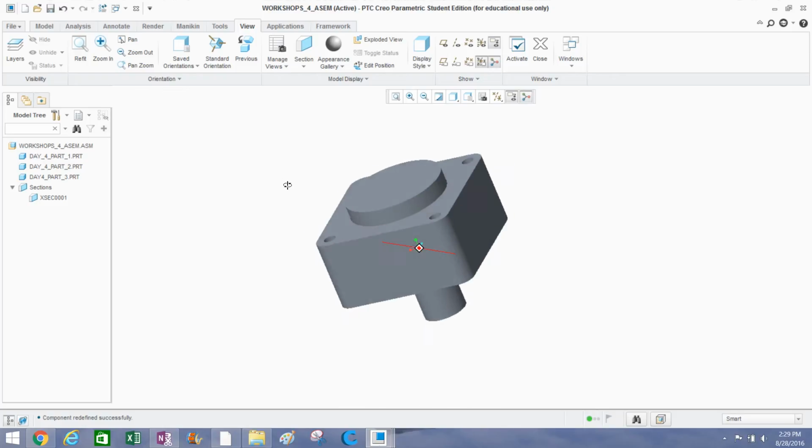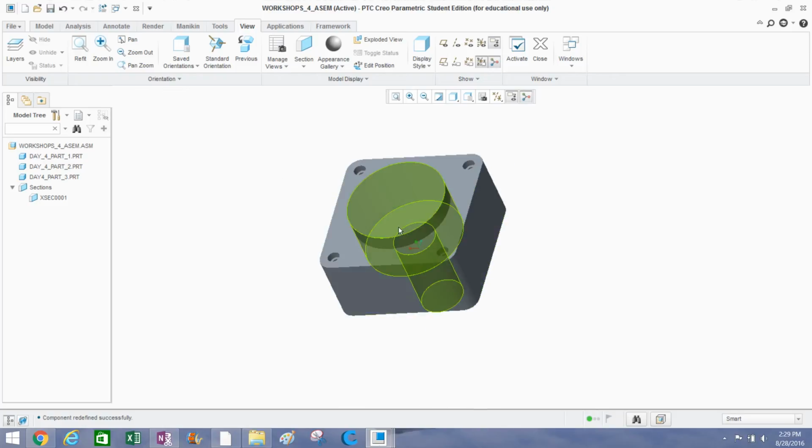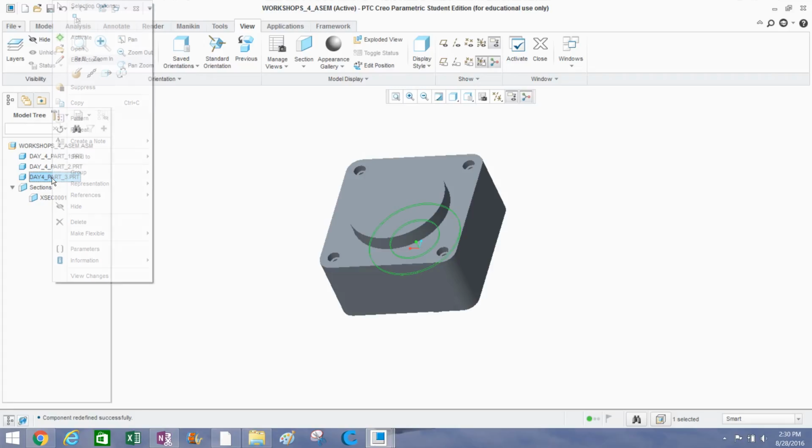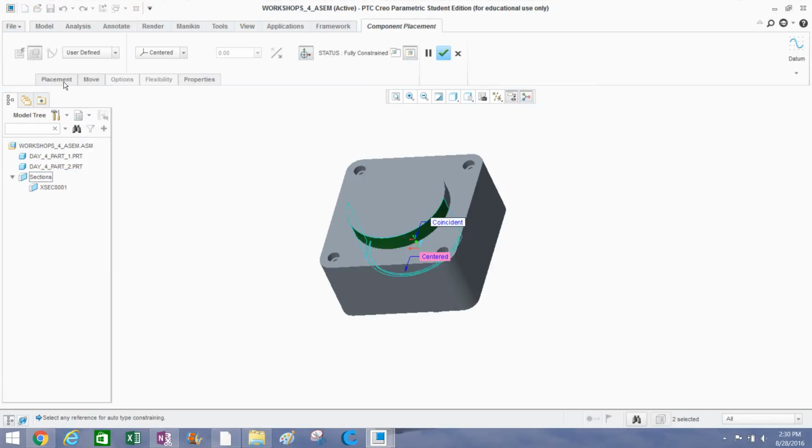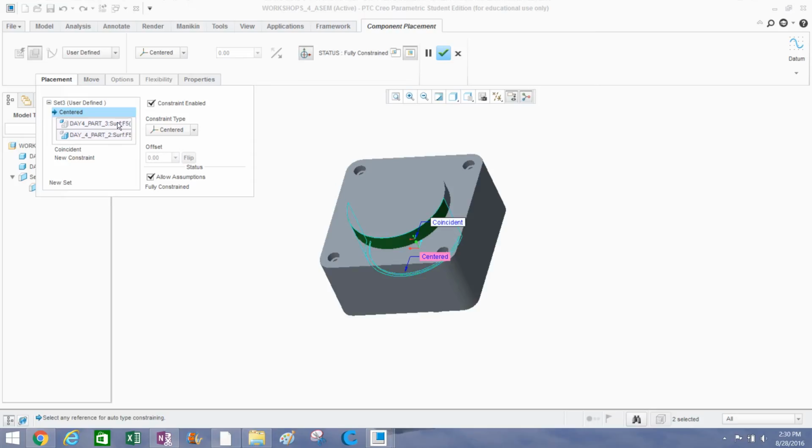Okay, so let's say then if we wanted to assemble it in the other order and wanted to put the washer in there first, how would we do that? So what we need to do is first unselect all of the relations involved in the parts. So basically, when we did part 3, we had put those constraints on there. If we go in and right click and edit definition, go to placement, and we're just going to delete these,